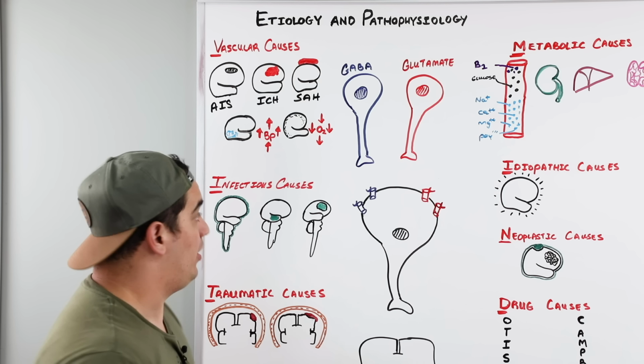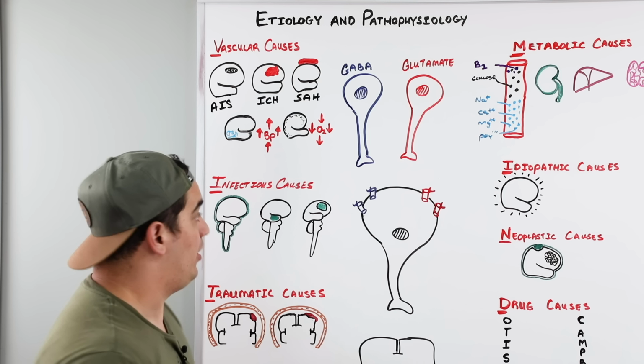All right, Ninja Nerds, so what the heck is a seizure? A seizure is basically this abnormal, excessive, synchronous electrical activity that occurs within the central nervous system that can lead to outward manifestations, which we'll talk about in the clinical features, like focal and generalized seizures. Now, what are the potential causes, the triggers, the reasons why people develop seizures, and then how do the pathophysiological mechanisms occur that trigger these seizures?